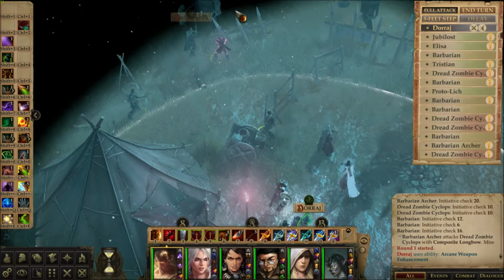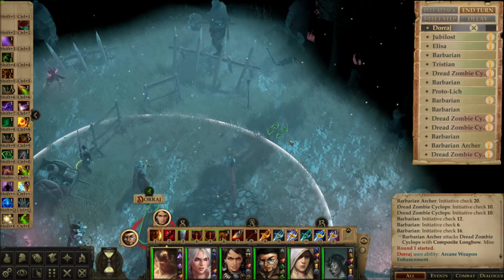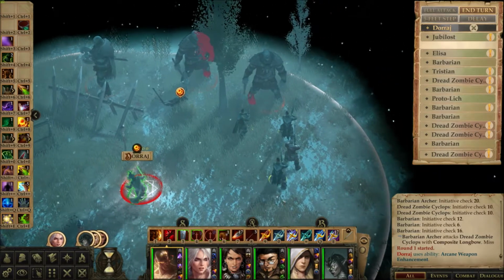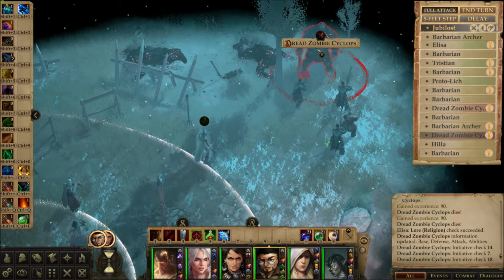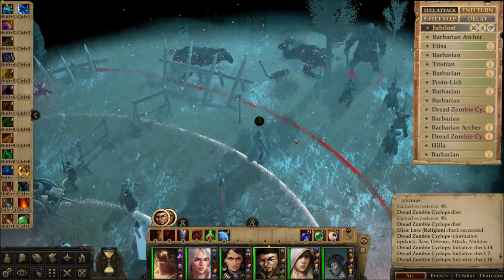I think I can move him, though, in a position that'll allow him to cast a spell. Something like a little fireball. Yeah, for instance. And it's teammate friendly, so it shouldn't hurt them. Nice. Oh, hell, did that wipe them out? Oh, just all but one. Oh, and that's the Dread Zombie Cyclops. Oh, that prick. Okay. So the Dread Zombie...